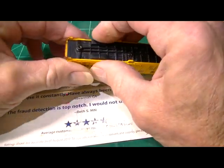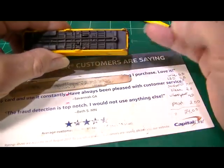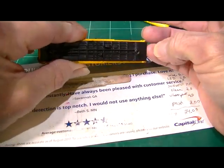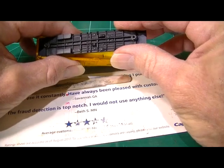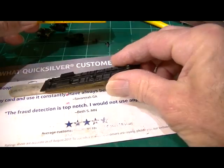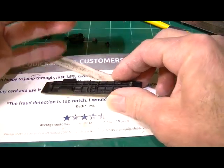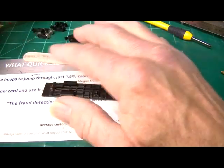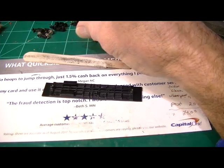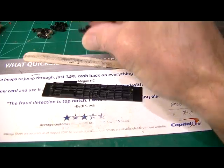Alright, so I think we've taken off enough. Still got a good snug fit, but it'll still set flat. So next part would be to put our trucks on, and since I'm going from Rapido to a knuckle coupler,